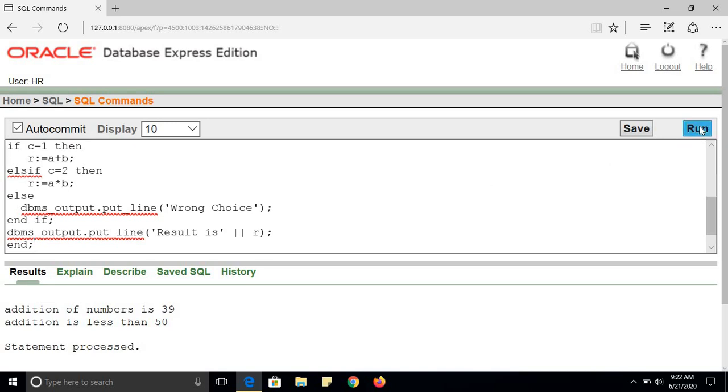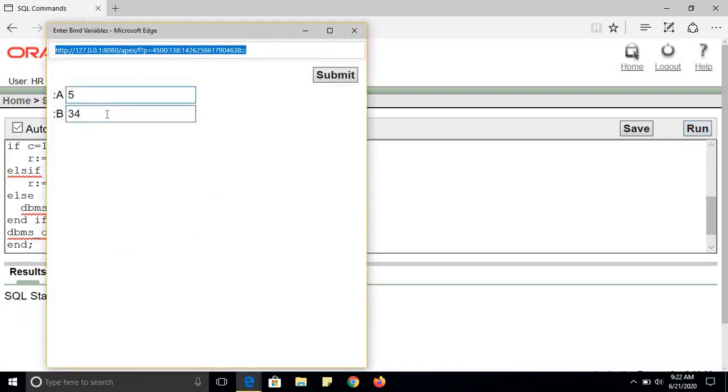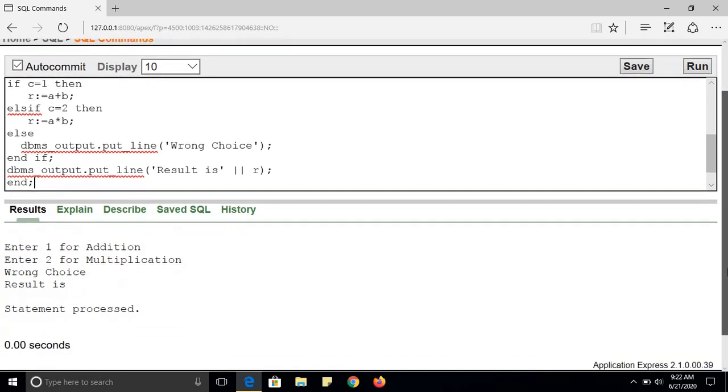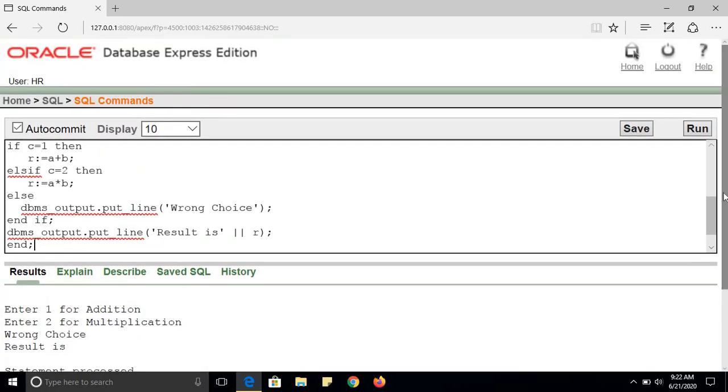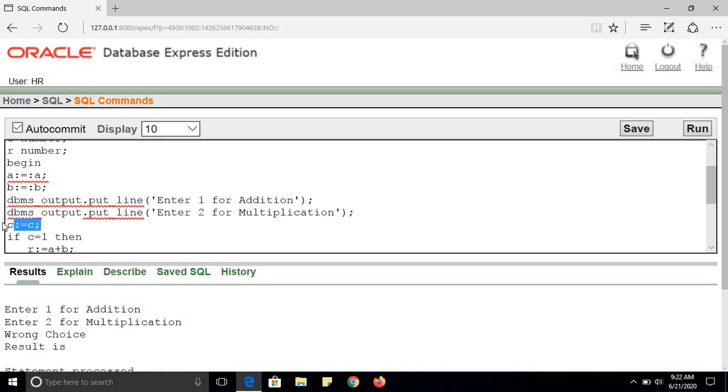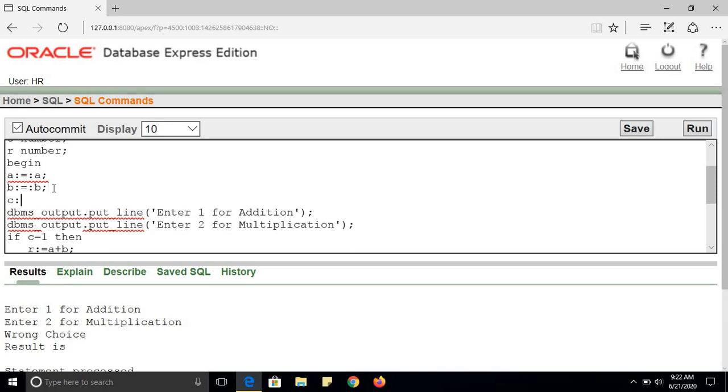Fine. So let us try to run this program. So suppose the value of A is 5, the value of B is 6. I must have the value of C before executing this one.